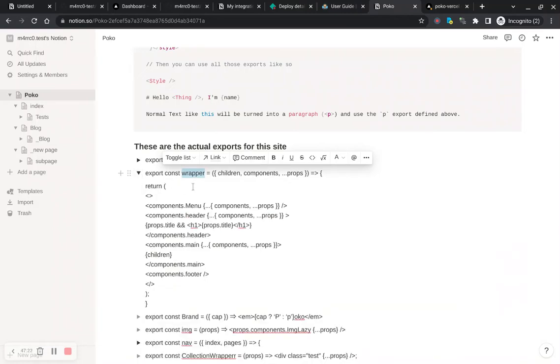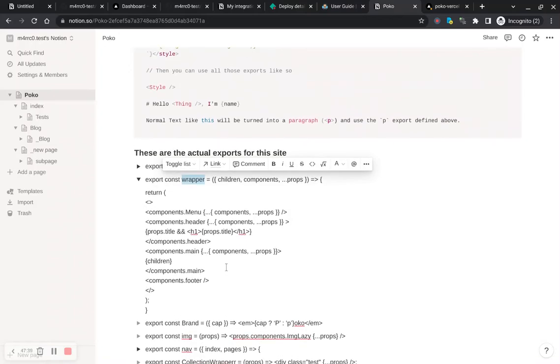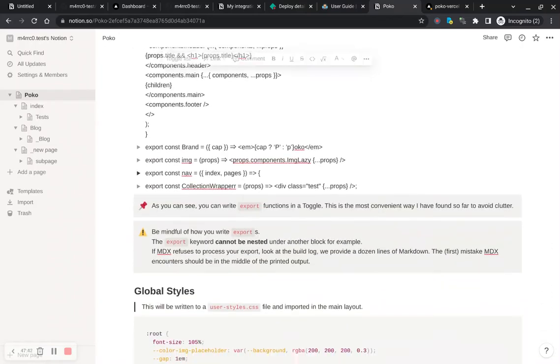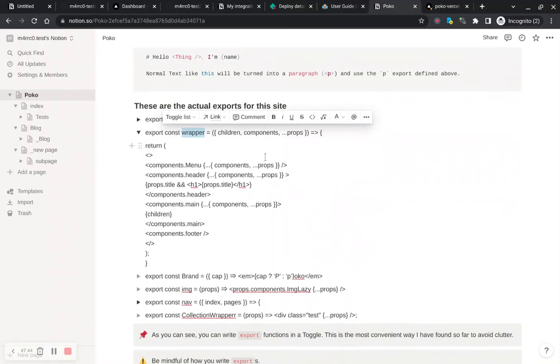So here, since we have defined this wrapper component in the topmost page, we call this page the settings of the website. Since we've defined this wrapper component in the settings, it will be used for every page of the site. And in this wrapper, we have defined a menu, a header, and what we've done, for example, here, is that we have used the page title